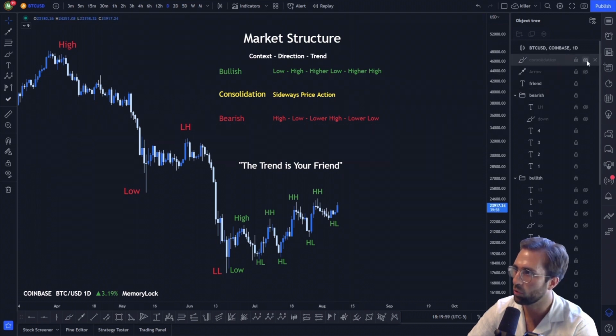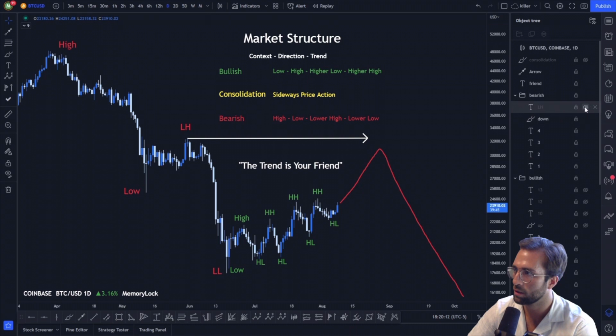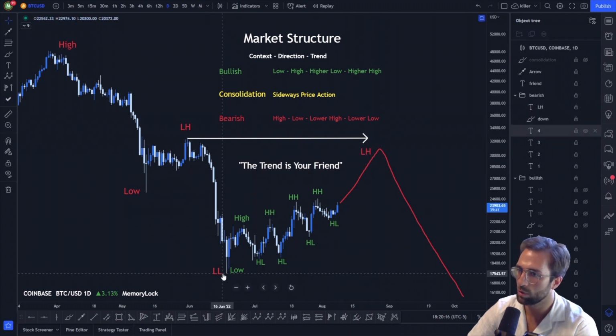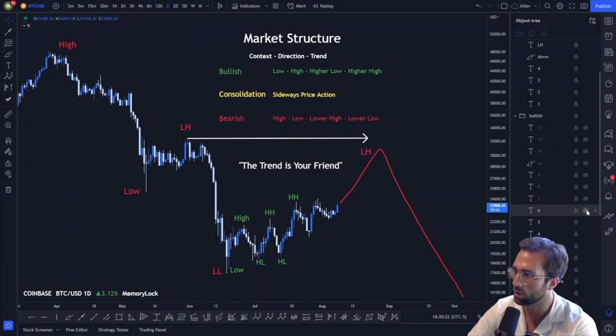That will become very important for when price comes to reach this area. If we're going to trade the trend, we have our high, low, lower high, lower low. We should expect another lower high here. However, we do have bullish market structure on a lower time frame, to which we can look to see